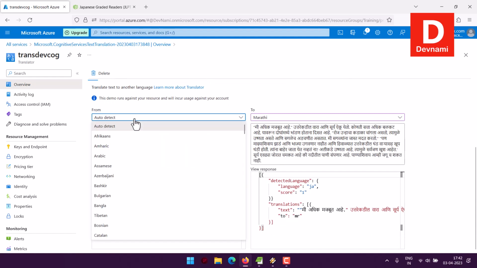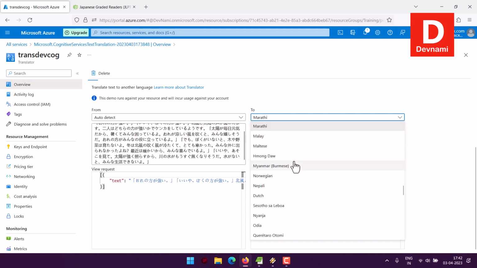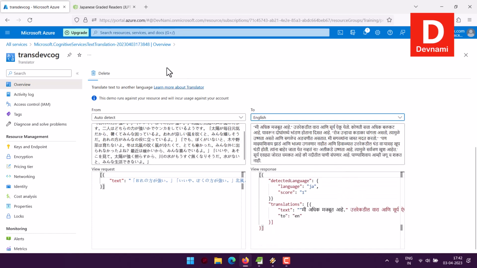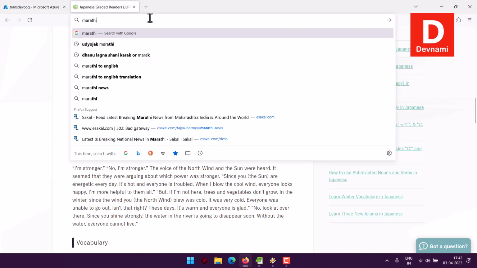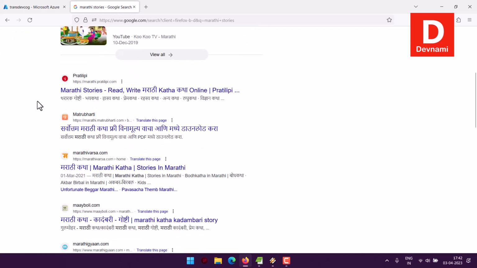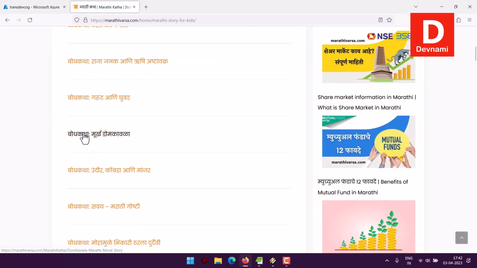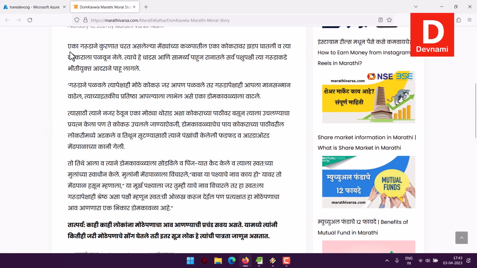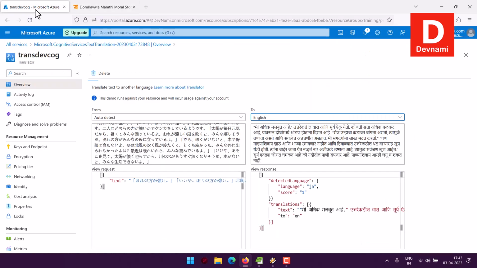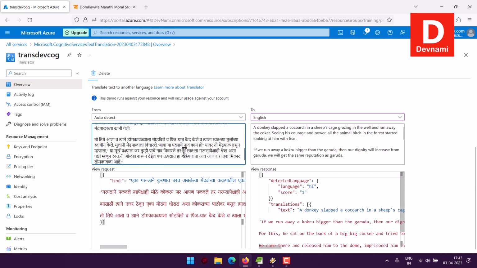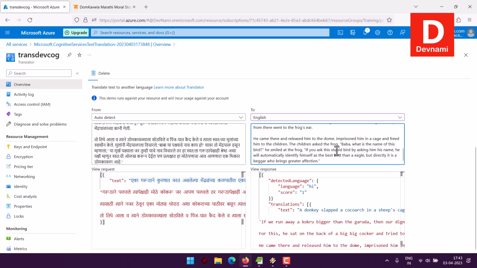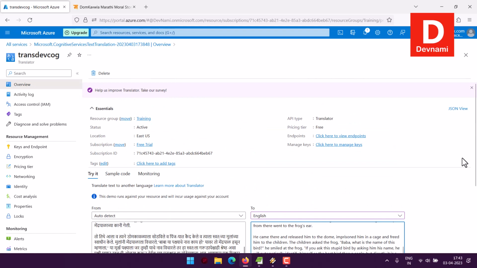I can also auto detect existing text and convert them into English. So let's try that. So I will pick my local language this time and I will convert that into English. So let's see. Right, so we will copy that and have some sort of paragraph like this, and I will convert this into English, and as you can see it has managed to convert pretty quickly into English. As you can see, this is the